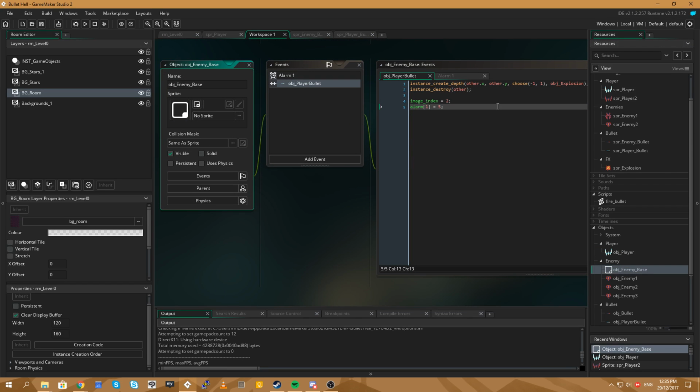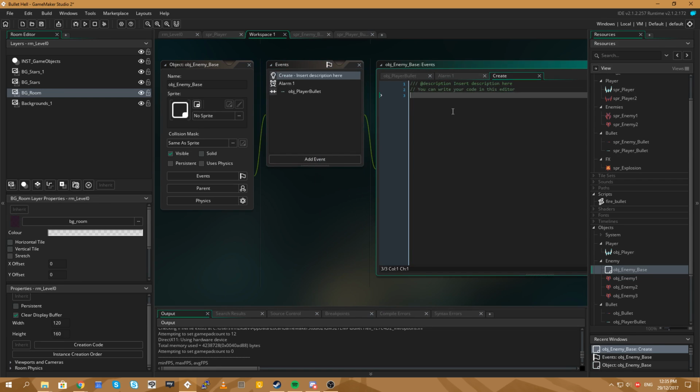So, enemy base. Now, we have this when they collide with the bullet, they're going to lose some health. So let's create a variable in here, call this enemy health equals, I don't know, let's set it to 5 as default. And then when they collide with this, we need to say flash the sprite, create an explosion. I better leave some comments or else I'm going to get confused. Create an explosion.